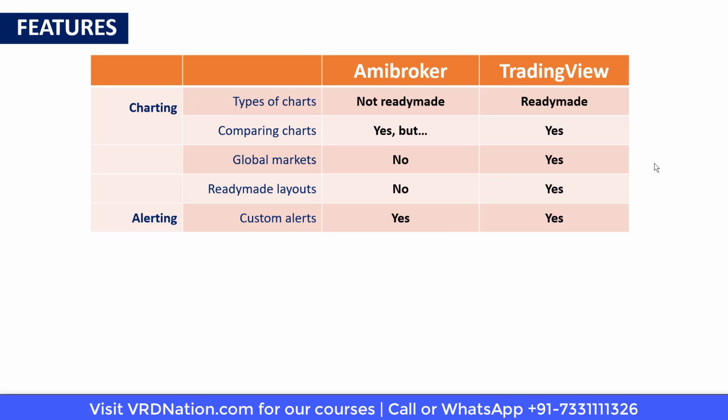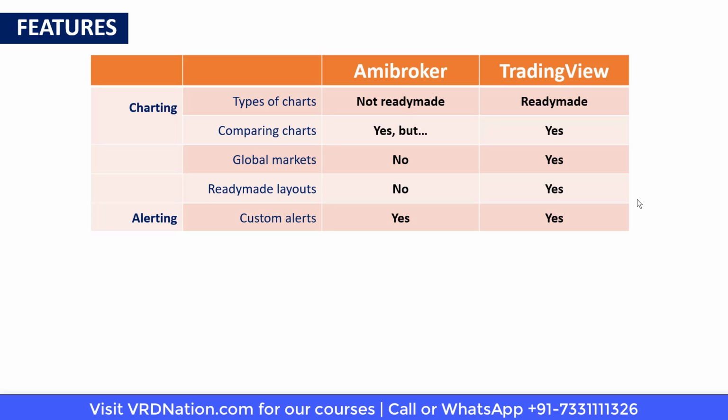So when it comes to the alerting functionality, we need to create alerts based on a lot of parameters. So the alerts can be based on the prices, the alerts can be based on certain conditions of volume and price, or it can be based on certain chart parameters, or it can be based on certain chart patterns, right? So there are a lot of alerting requirements that we have as traders. And in my experience, TradingView and Amibroker, they both have excellent capacity, excellent functionality when it comes to creating alerts. So you can basically define any parameter. You can have any criteria that you have in mind and you can create custom alerts based on that. I don't see any problem in either of these applications to support the alerting